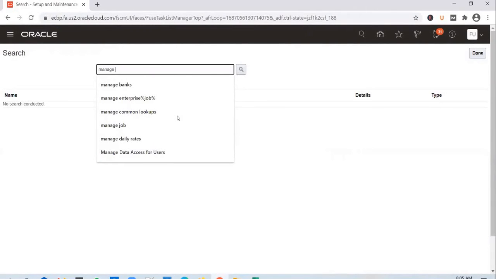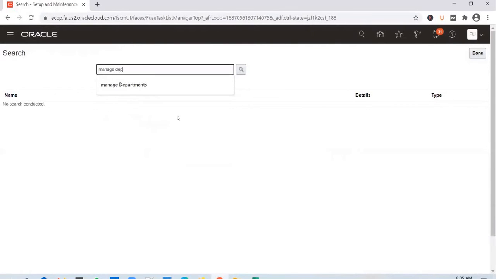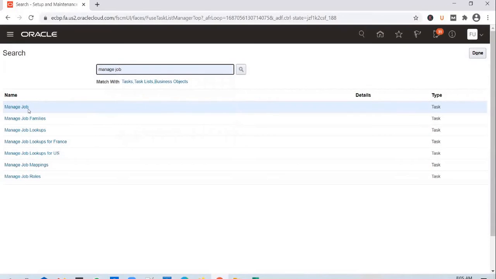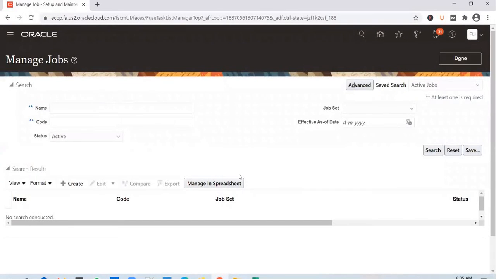Say, for example, if it's a job, search for job; position, search for position; or department. So if you go to job, remember we loaded jobs yesterday with HCM data loader, right? But if you go into the manage job screen, you could see that there is a spreadsheet option also available.